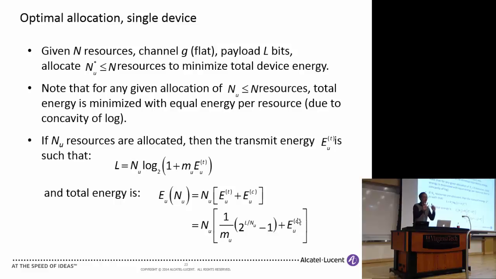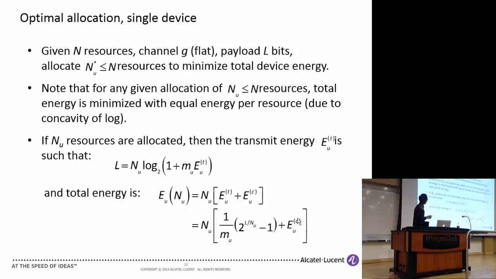Well, because of the concavity of the log function, log2 of 1 plus SNR, it turns out the best thing to do in terms of energy minimization is to put equal power into each of these bins, equal energy into each of these bins, and that actually minimizes the overall energy for communicating your desired payload. So for any number of resources that you allocate, split the energy equally among those resources to communicate your L